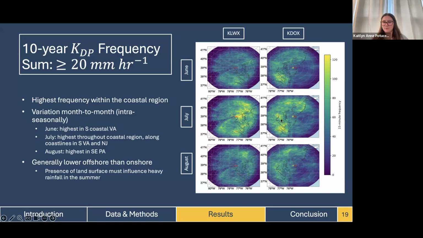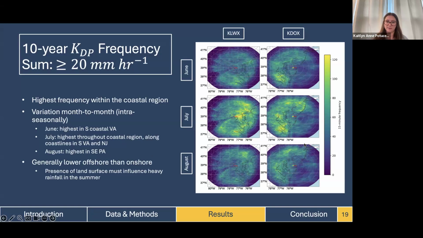It becomes more widespread in July, but we do see some really prominent coastal gradients here of heavy rainfall frequency. And in August, we do see that in general, the frequency does decrease, but our hotspot shifts northward toward southeastern Pennsylvania. We also do see that heavy rainfall is generally more frequent in the onshore environment than it is